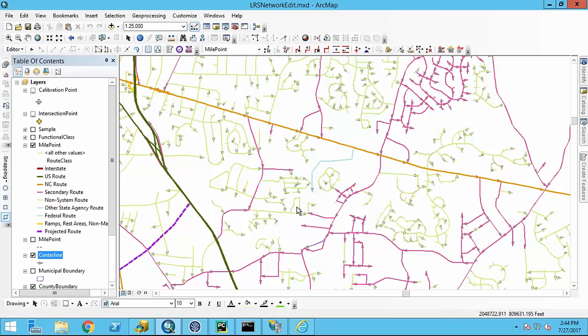Maybe select a county at a time or 5 or 6 counties. The tool will run as many as you want, but it may come down to the horsepower of your computer; it may not be high enough to run what you want to run. To speak to that a little bit, it's advised to have indexes on the route ID and the from and to measure, which will help speed up the tools significantly. So I think that covers it for the bulk updates tool.